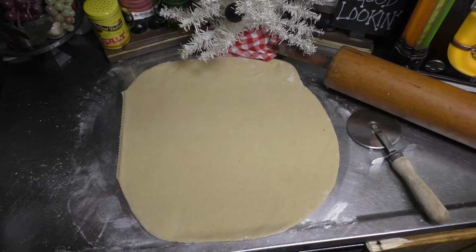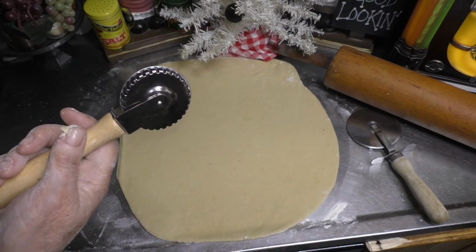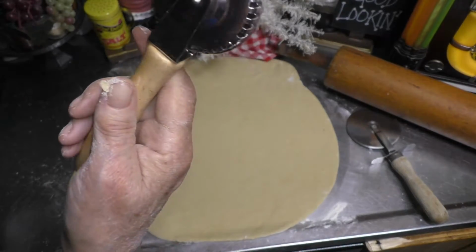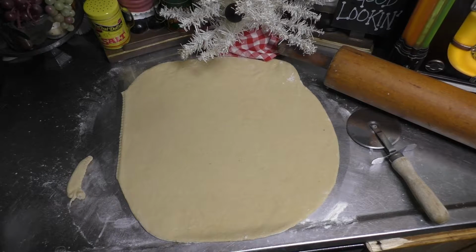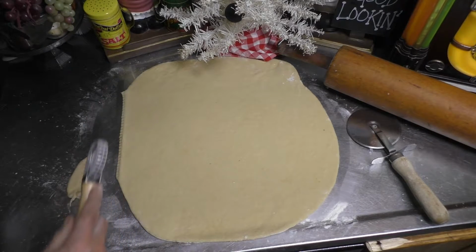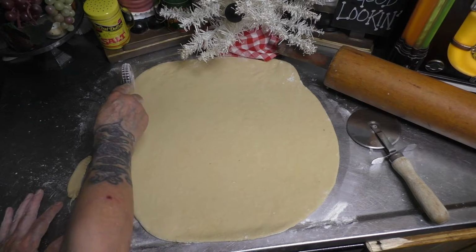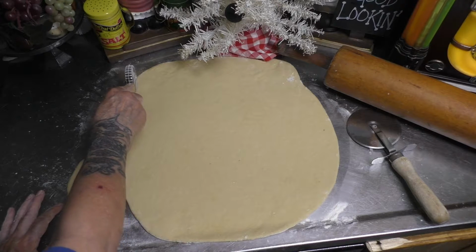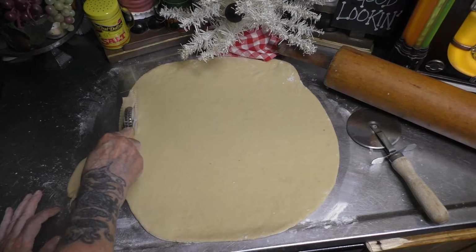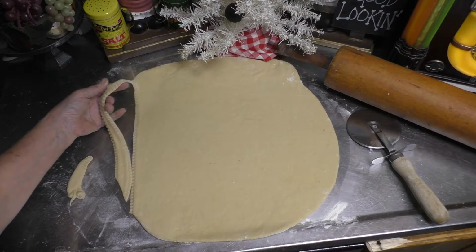And a little tip, you might want to put some, oh, I'm so sorry. Put some flour on this, just as such. Now let's go ahead and I'm gonna make these into bite-sized pieces because they do puff up when they cook. So I'm gonna make another cut as such,